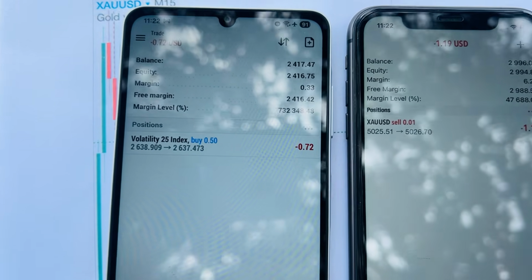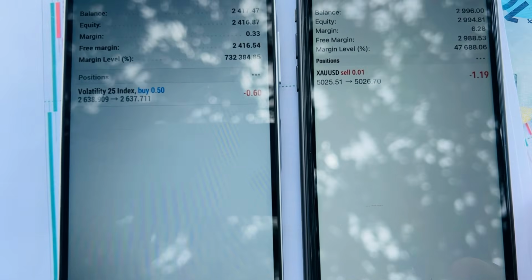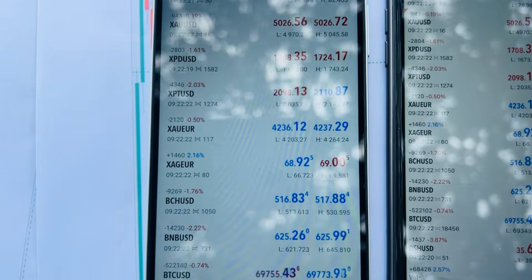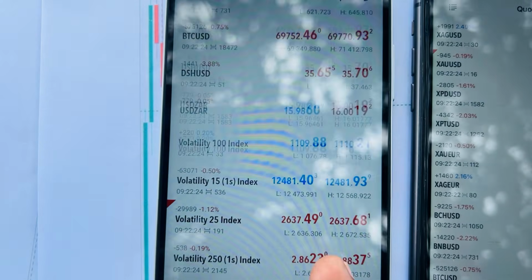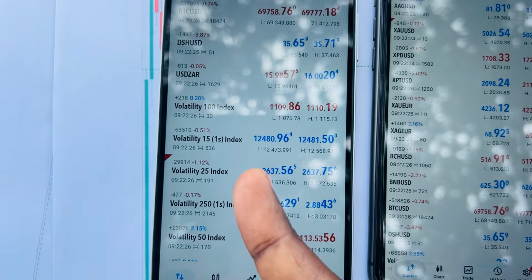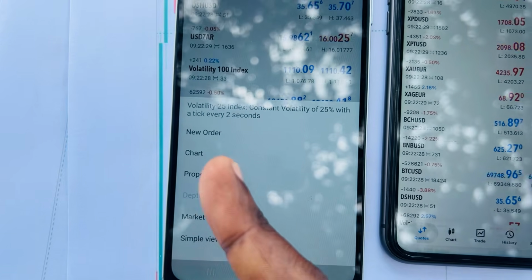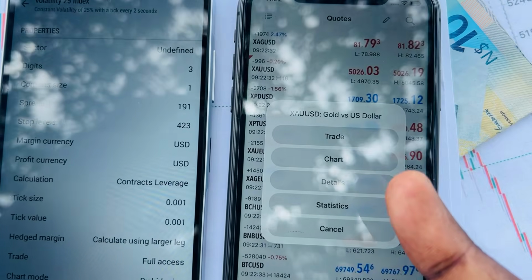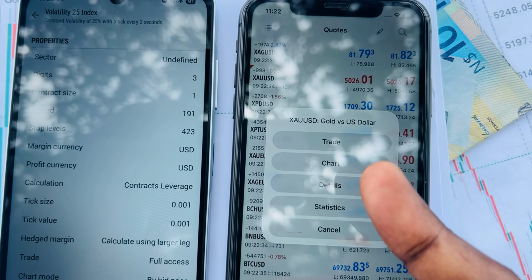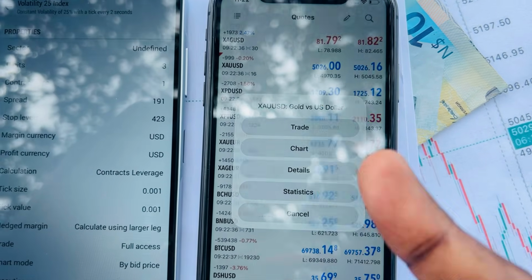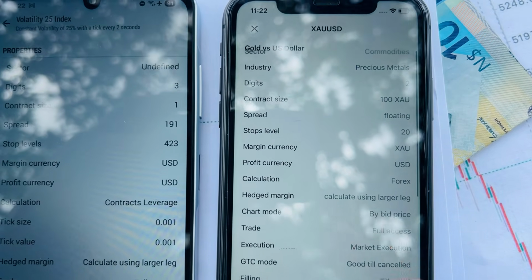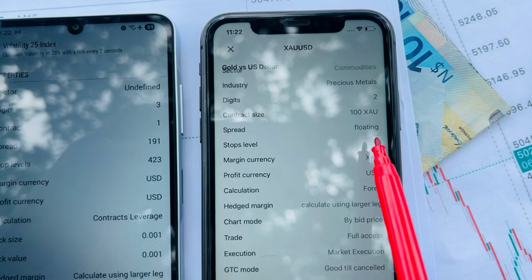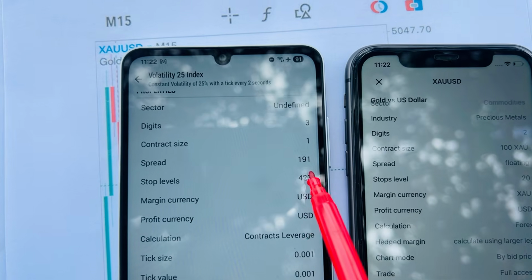So now let's look at some of the things about stop loss that you have to take note of. We go to quotes. We scroll all the way down, tap on an asset that we are trading, press once, and go to properties. For Android we tap properties; for Apple device users, we go to details. Now we scroll all the way down, we see stop level 20 here. We scroll further down, we see stop level